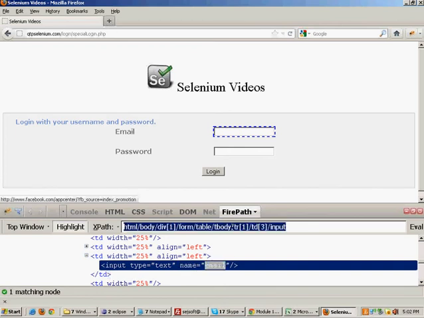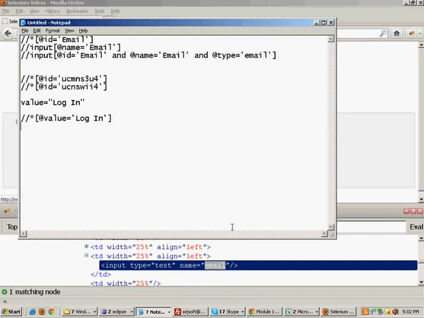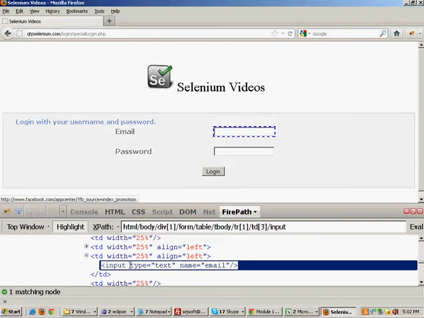So instead of using this big XPath, you can use an XPath like this: //*[@name='email'] or //input[@name='email']. So this XPath will be valid for this field. Scenarios like these will help you out.